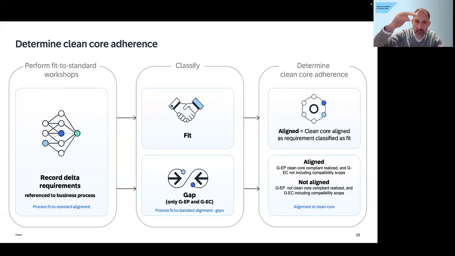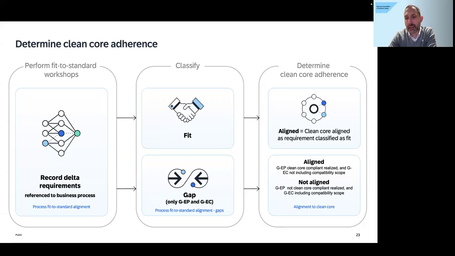End user usability, long drop down lists. If you do any sort of upgrade, you need to test all of the variants. That's what you do not want unless it's really, really needed. So this classification of delta requirements that are being recorded in a feature standard workshop methodology, I would say, is basically then leading to the second KPI, the gaps,